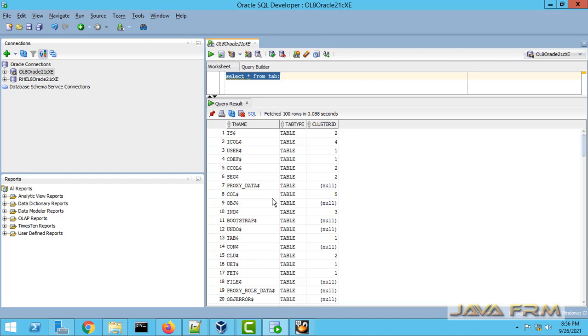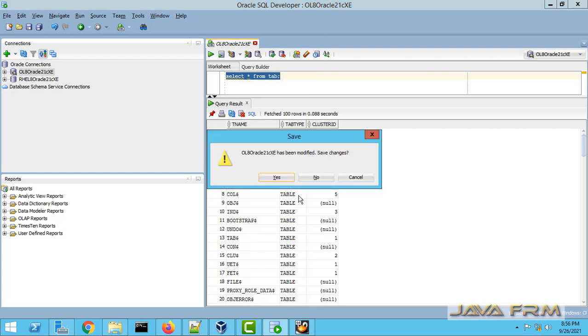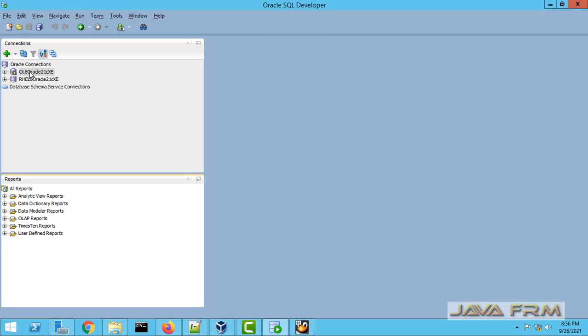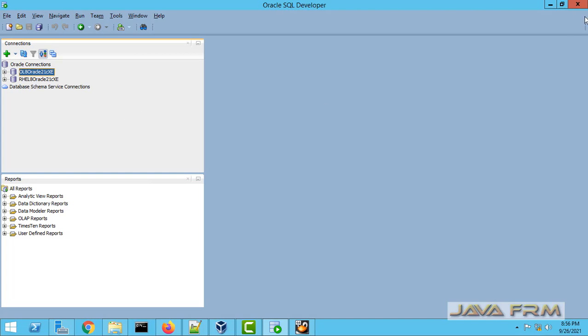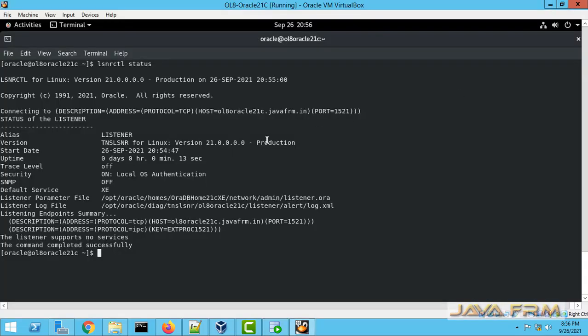Yes, I can connect after the manual restart of the Oracle database 21c Express Edition. Okay, I am closing the connection. Now I am going to show you how to shut down the Oracle database 21c Express Edition manually.